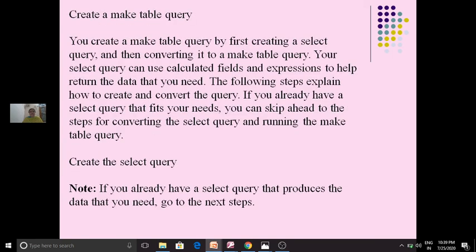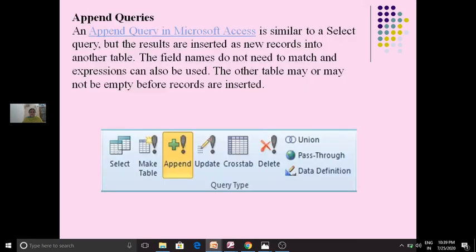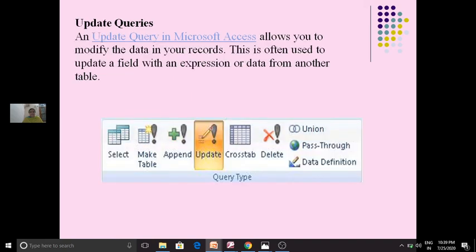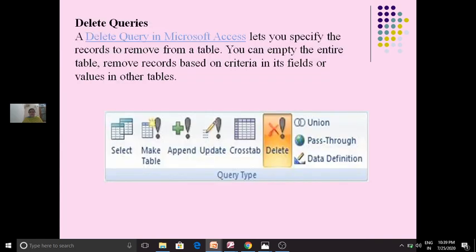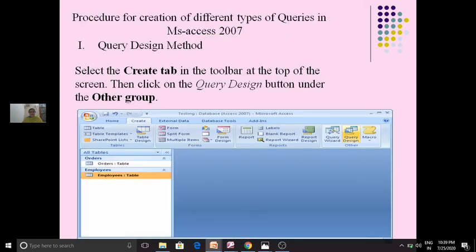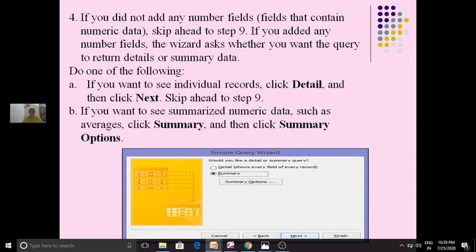You can create a make table query by using query design method. Append queries, update queries, cross tab query: you can create a cross tab query by using query wizard method. Delete queries. Okay, so these are the things we have discussed today.